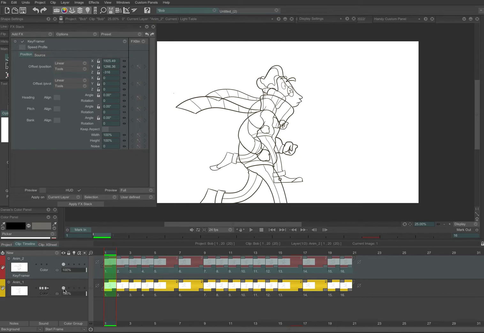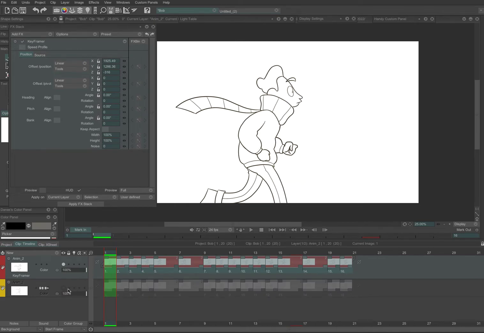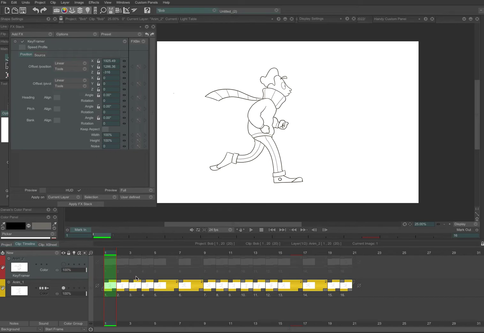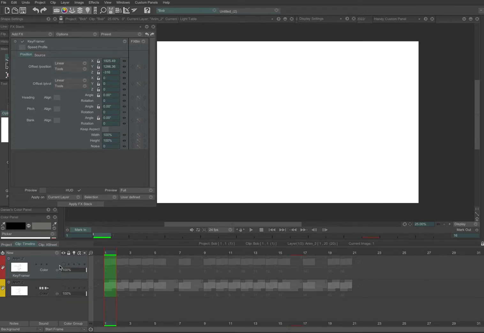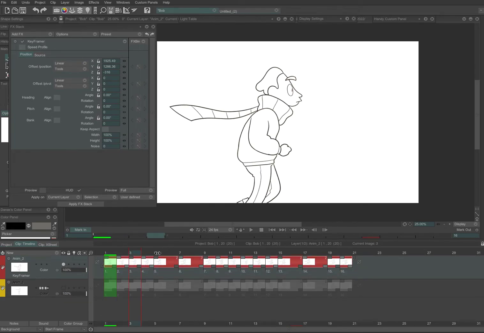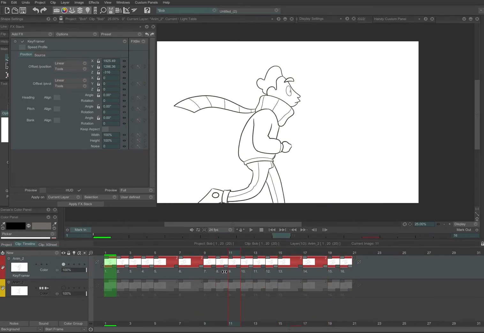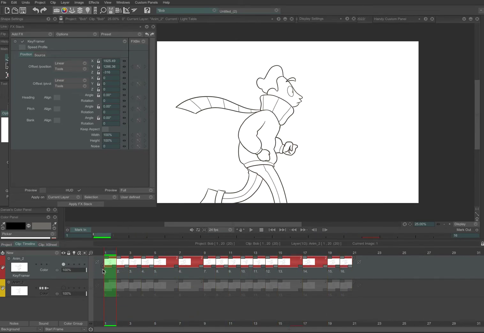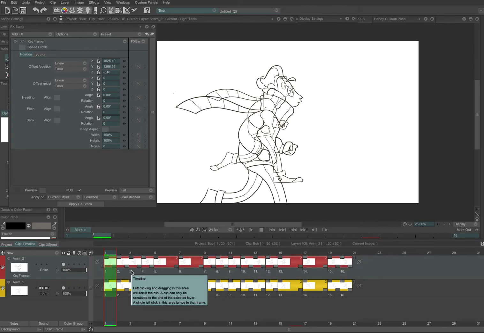You can just leave it hidden. So if you ever need to go back later and re-render, you've still got your original animation unaltered, and you can just repeat this process to make a new resize or reposition. So then this is your new animation that's been scaled up. The other thing I can show you on that, let me undo backwards,